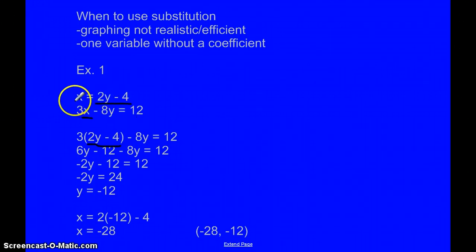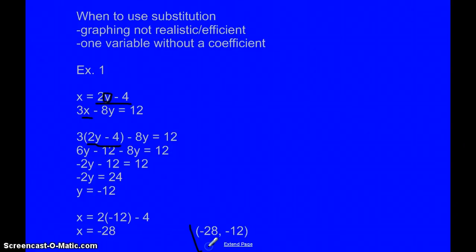I go back to my original equation here and I say, I now know what y is. So therefore, I can replace y with negative 12. So I have x equals 2 times negative 12 minus 4, which gives us negative 28. So therefore we can think about that in two ways. We can write our answer as x equals negative 28, y equals negative 12,